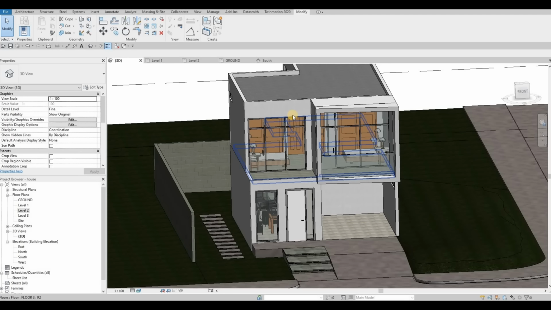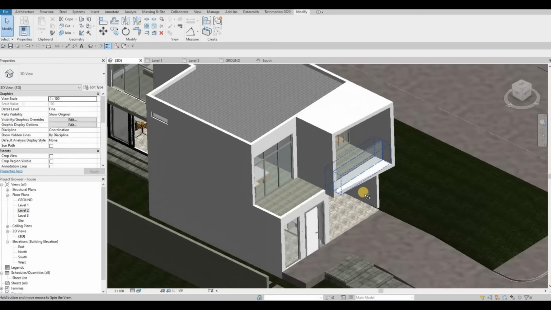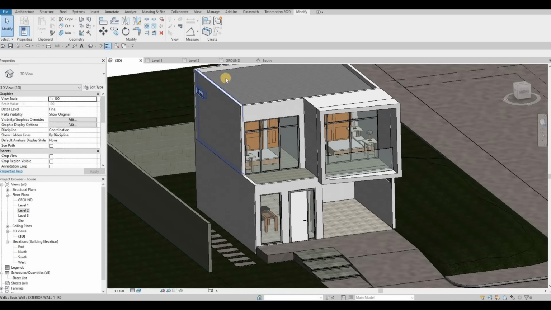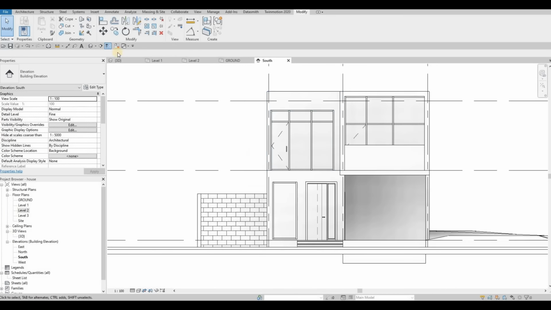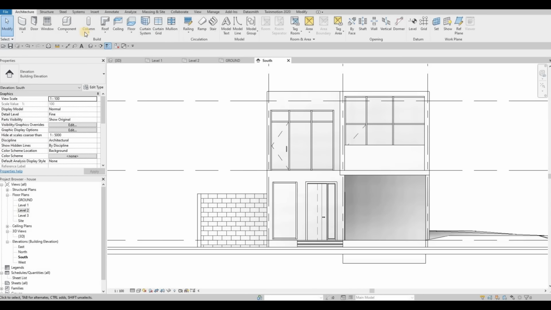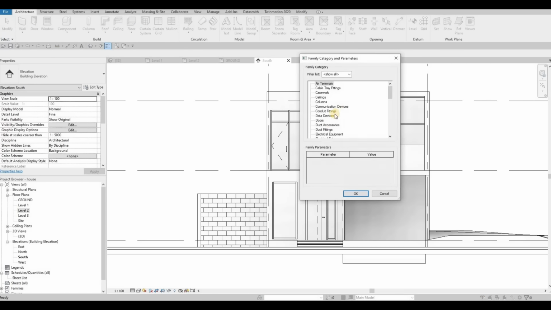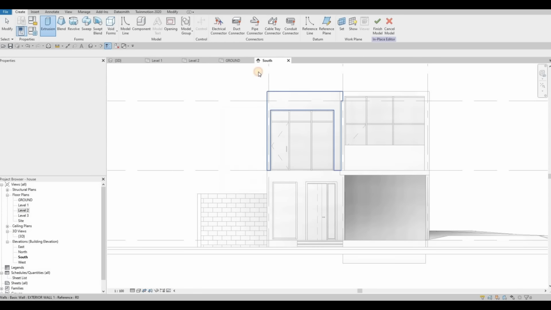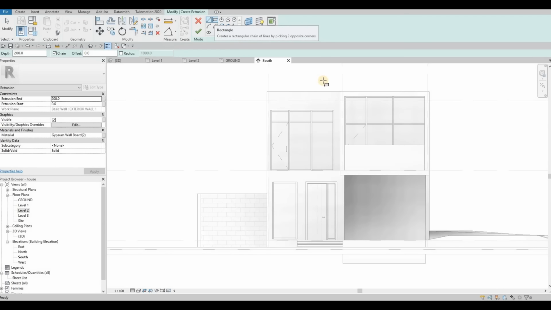And then we're gonna do the same thing at the other side, but mirrored onto this side now. But we need to go and create this extrusion again. So we need to level it first and then create an extrusion. So now let's go and create a model in place. Generic model. Extrusion, pick a plane. We're gonna select this plane first, and then rectangle,